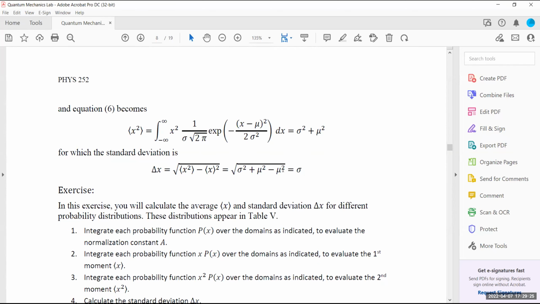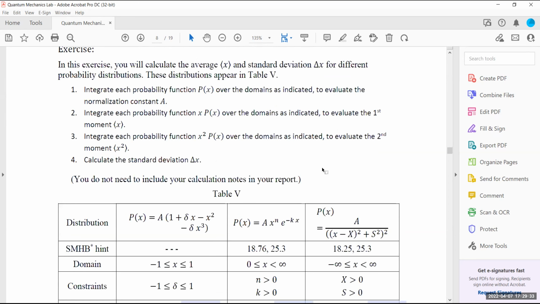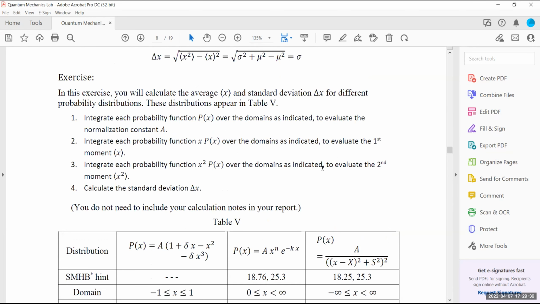Which is exactly what I'm talking about in here. Sigma squared plus mu squared minus sigma squared minus mu squared, so that cancels out. The end of the delta gives you sigma. Okay, here is where we need that thing I was talking about in terms of